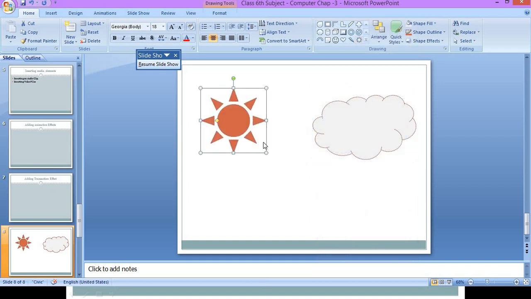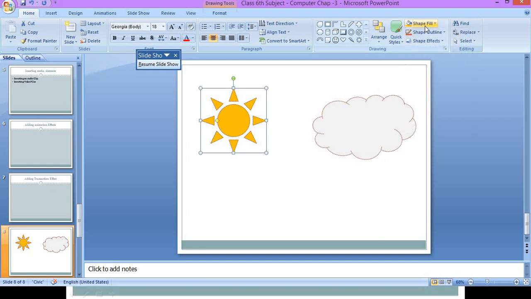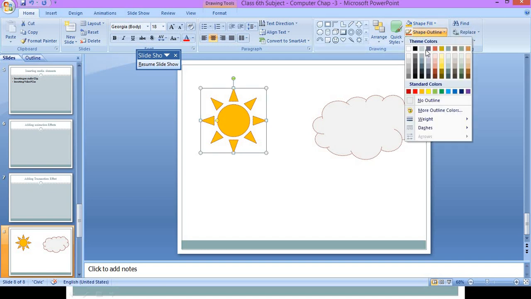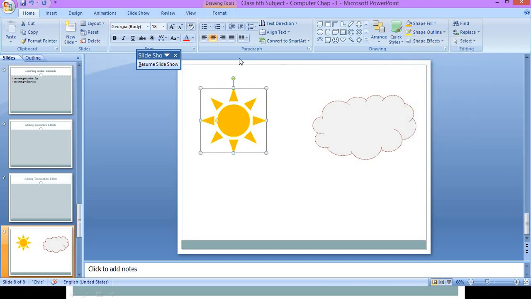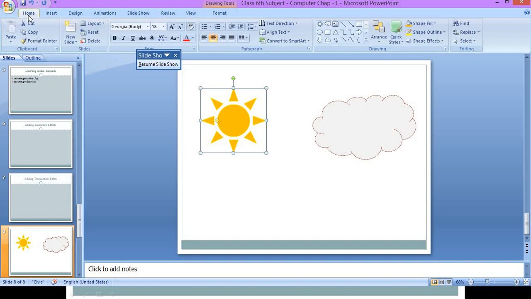Now suppose we will take this sun in some other color like orange, and we will take the border as yellow. We will take shape fill color as orange, and we will give outline as yellow. So in this way, by going in the home tab or the insert tab, you can take different shapes.